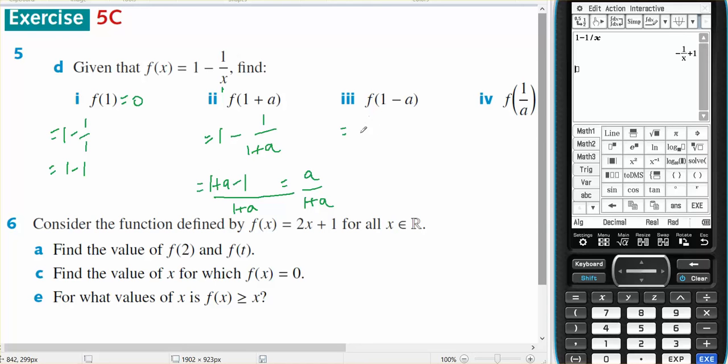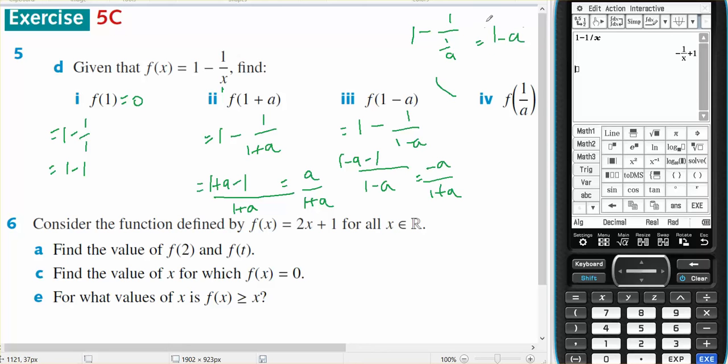f of 1 plus a is 1 minus 1 on 1 minus a. So if I put it all over 1 minus a, that gives me 1 minus a minus 1, which is minus a on top of 1 plus a. And f of 1 on a is going to be 1 minus 1 on 1 on a, which is 1 minus a. Just to confirm those answers using the calculator,